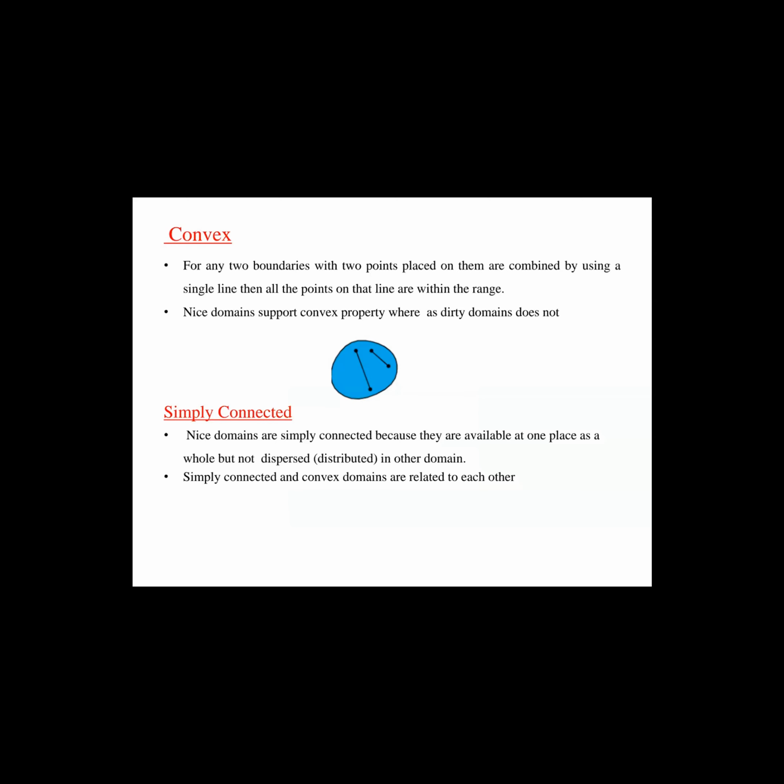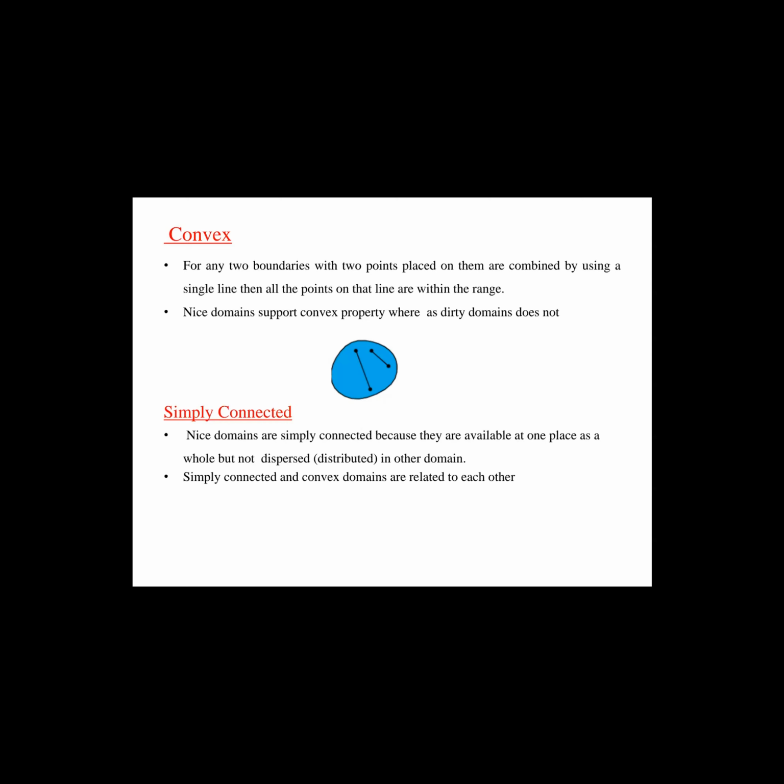So this is the representation. See, it is represented in a circle or some shape. That is called the boundary. When you are representing 2 points and joining the 2 points, the line should be inside the boundary itself. Then it is called the convex boundary.